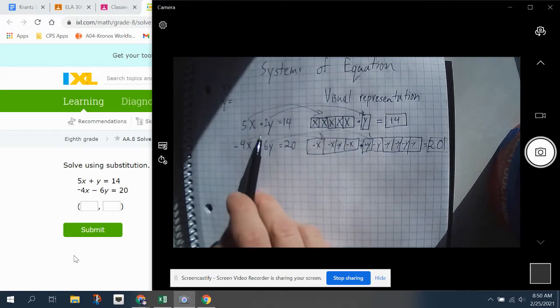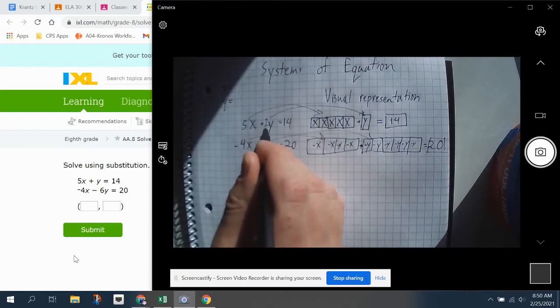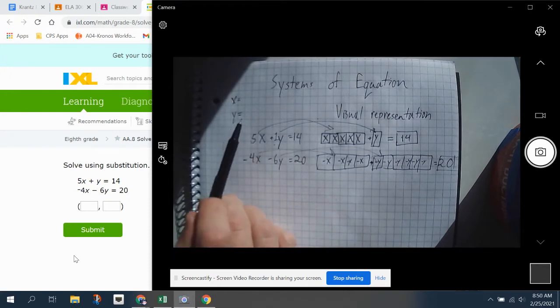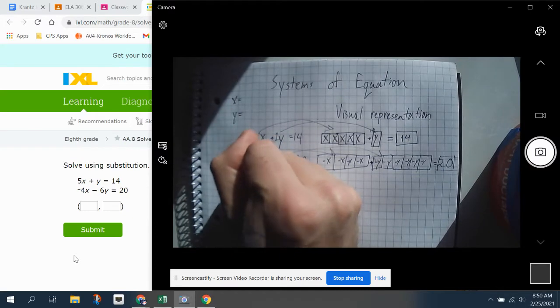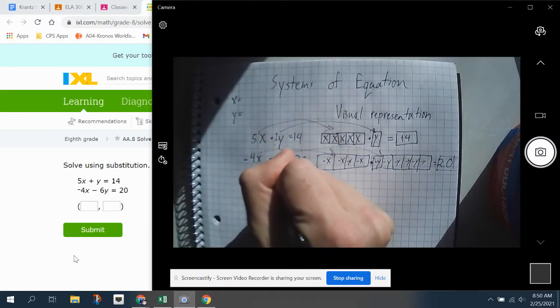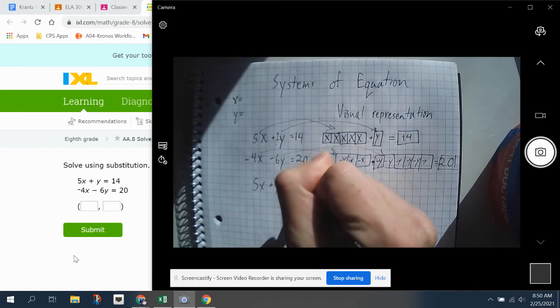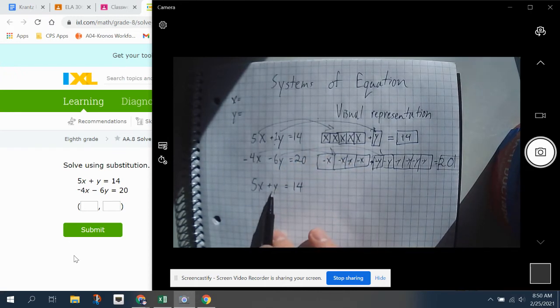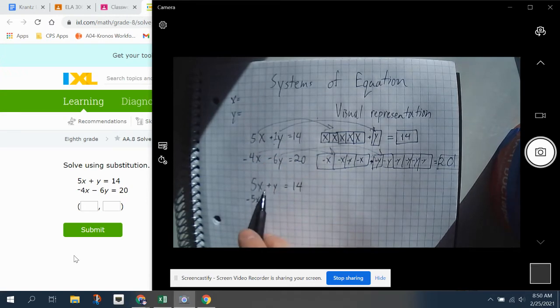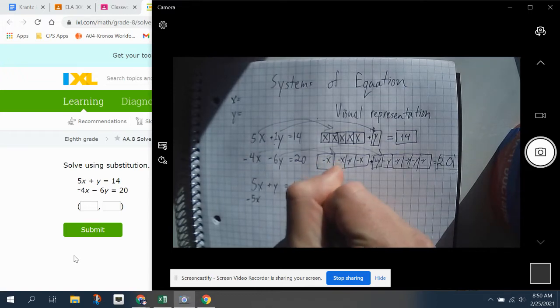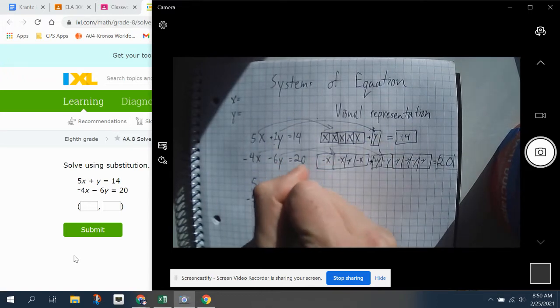I'm looking at my two equations, and I realize that this one has 1y by itself. Remember, our goal is to get one variable by itself. So I'm going to work with this equation, 5x plus y equals 14. I want to balance this equation so I have y by itself. To do that, I need to take away 5x. It's positive, so I'm going to be subtracting 5x. Whatever I do to one side of the equation, I do to the other side. So we have y equals